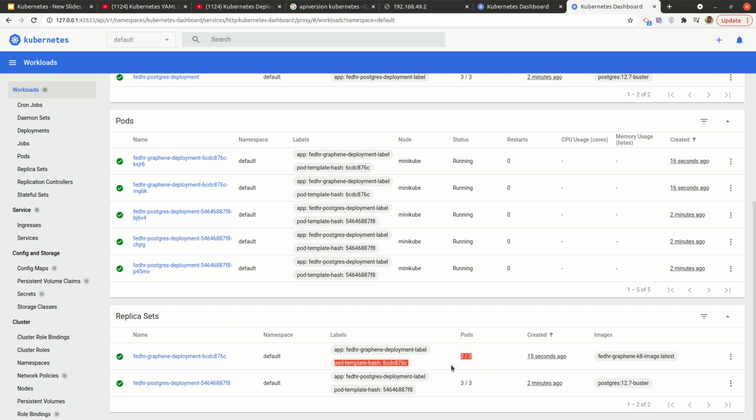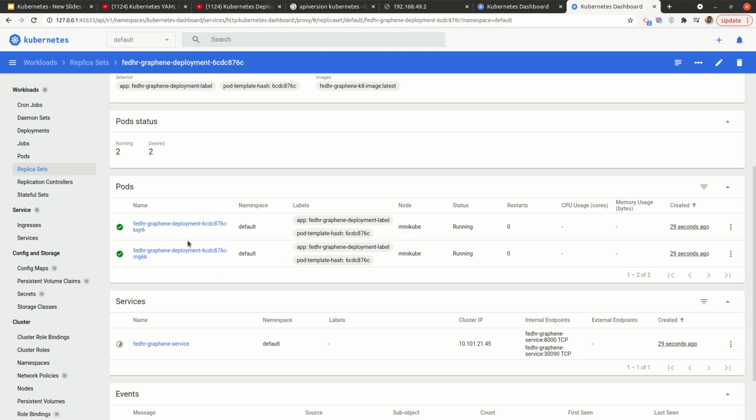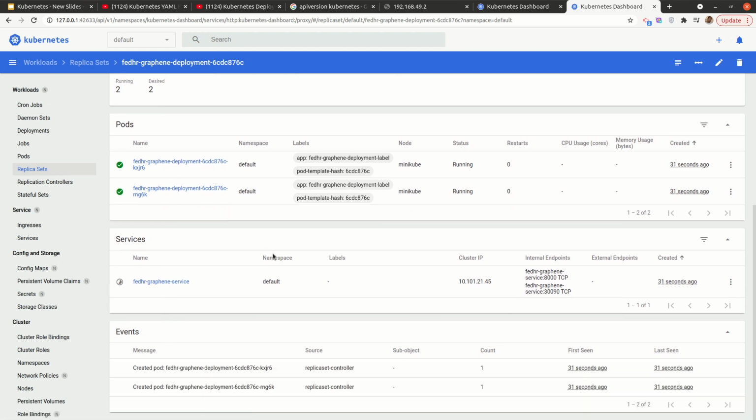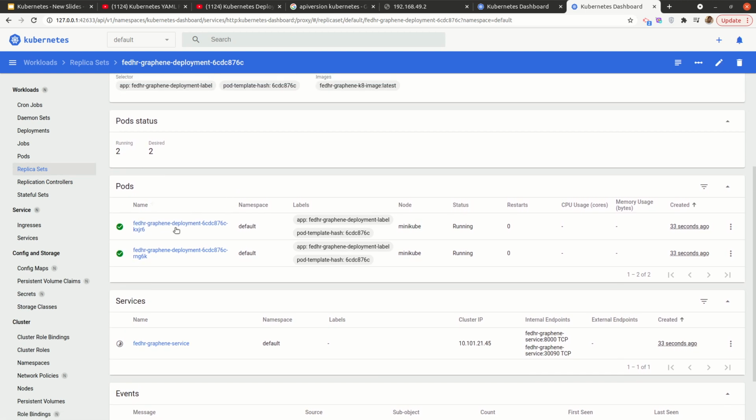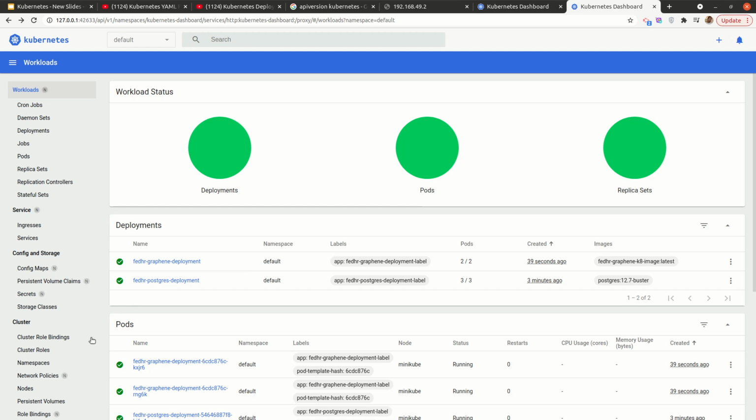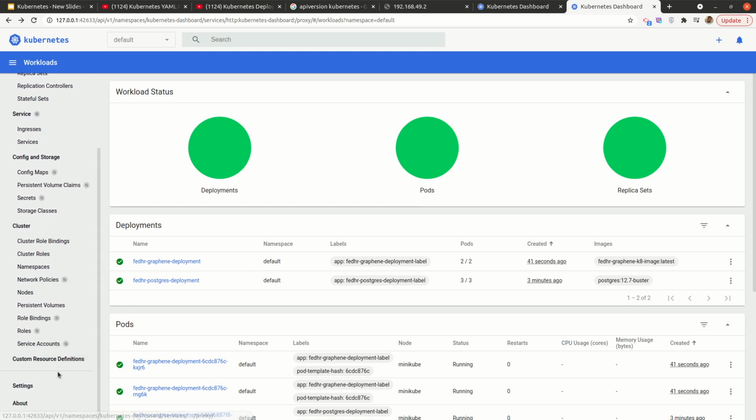This one is a replica set. So a replica set basically is what has our replicas. So when you open this, we see that we have our pods there. All right, perfect. So if we see our services,